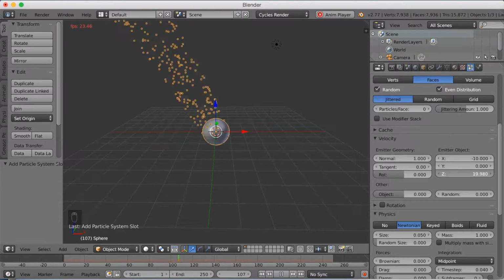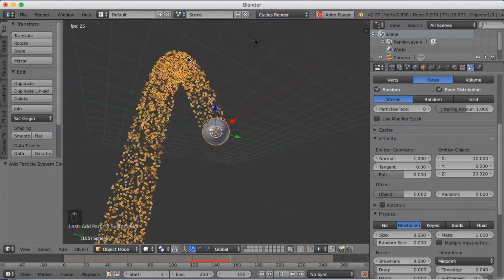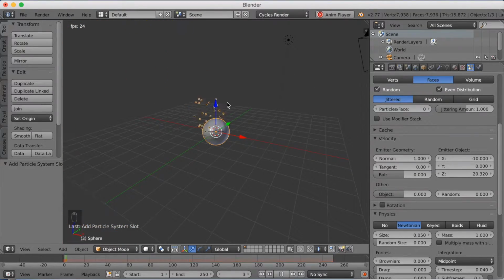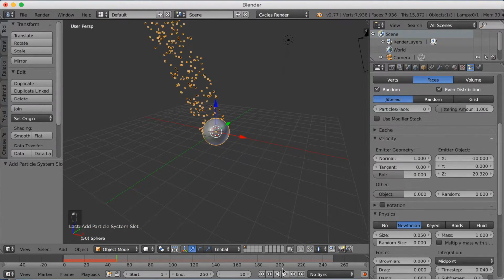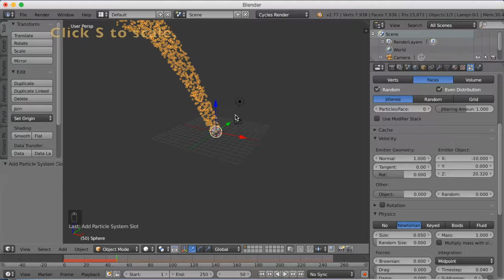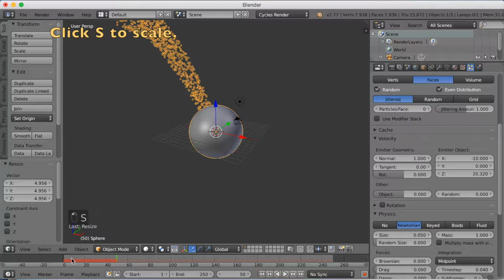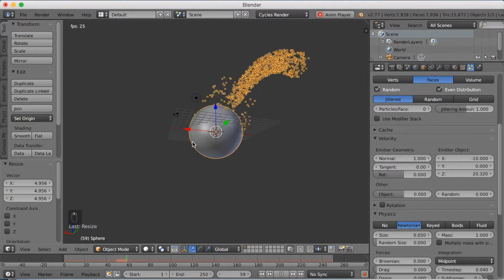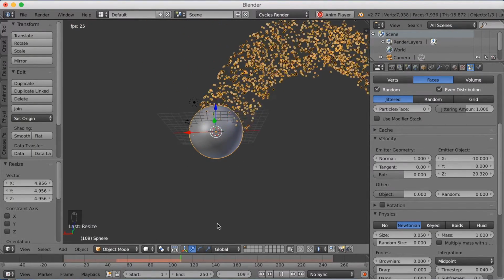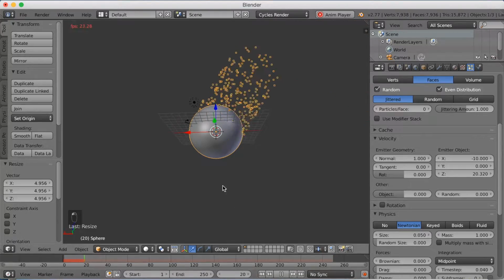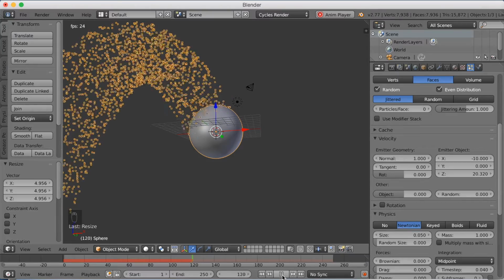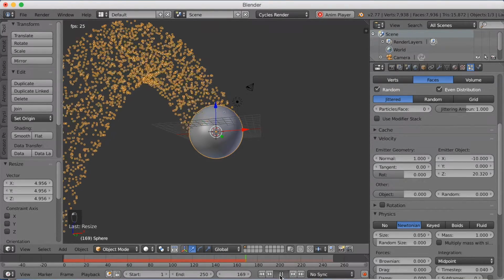And I'm going to give it kind of a U shape or reverse U shape and make it fall down like this, which looks good, especially when you have more of these combined. So click S to scale, go back and click play. You can see it looks really good with the change in size. It's often really good to go to the last frame to restart the whole simulation or the